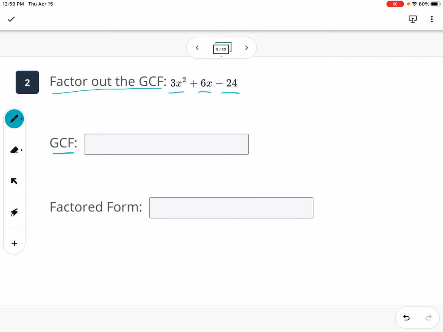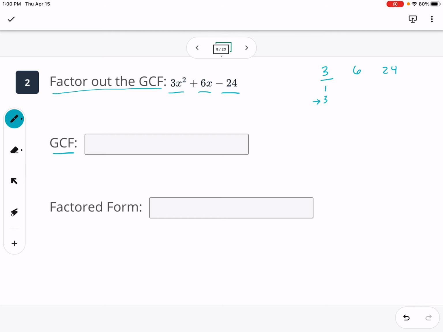Okay, so first I'm going to look at the numbers. I'm going to look at the numbers 3, 6, and 24. And I'm looking for the greatest common factor of those three numbers. The first thing I notice is that 3 is a pretty small number, so I'm going to go ahead and list the factors of 3, which are just 1 and 3. Now, if I'm looking for the greatest common factor, I'm going to start with the greatest number and say,